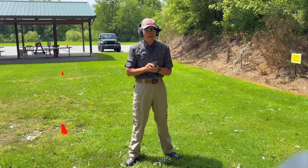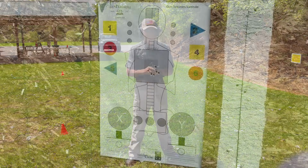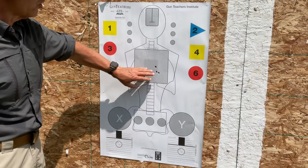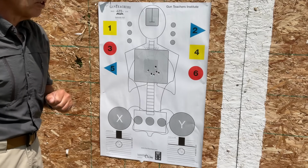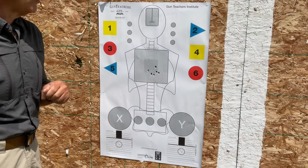Looks like they went pretty well to me. I think all those are on the heart. And yes, all 6 of those shots from 5 yards are on the heart. You can see them right there. I'll cover those up with some stickers, then go back to 7 yards and try some failure drills from that